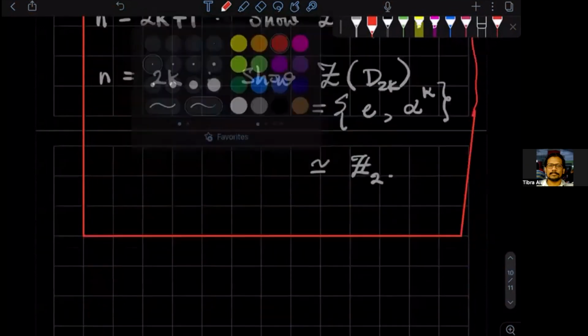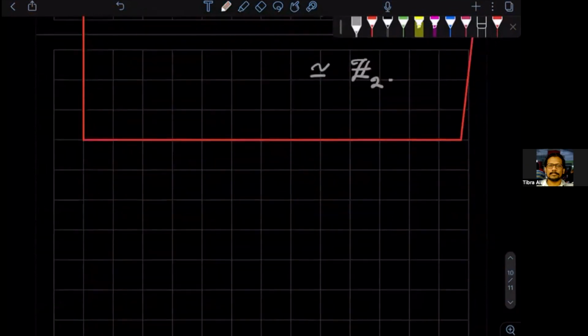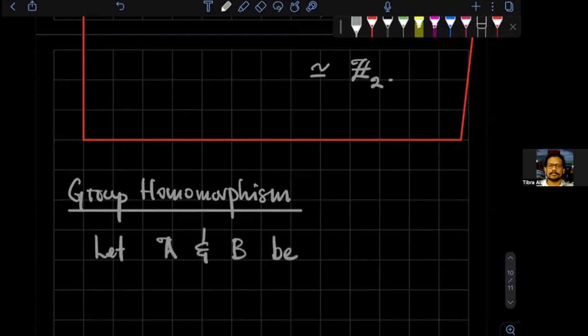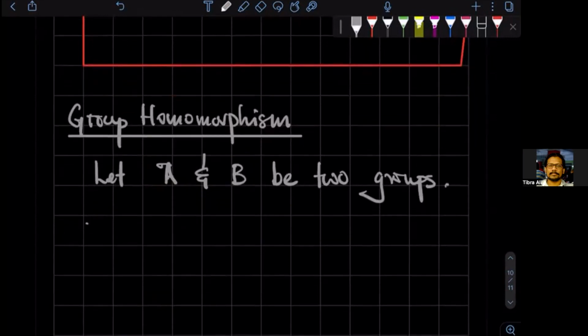Yeah. Let me give you a definition. And the definition is that of a group homomorphism. Say let A and B be two groups. I'm not using G, as you can see. Now, if F is a map from A to B,